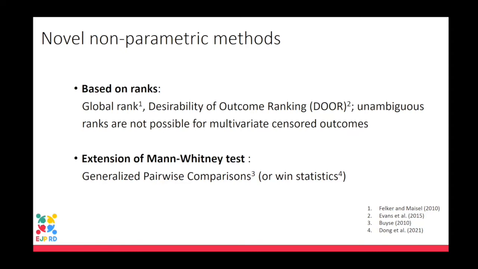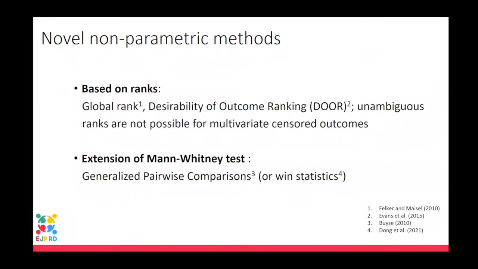Now, this is a very elegant way, but the problem with ranks is that once you have censored data, which happens in survival data, it is no longer possible to have an unambiguous rank. Meaning that if patient A is doing better than patient B, and patient B is doing better than patient C, then you can end up in a situation where patient A is actually doing worse than patient C, instead of what you would expect, the reverse. So that is a problem with ranks in multivariate censored outcomes,